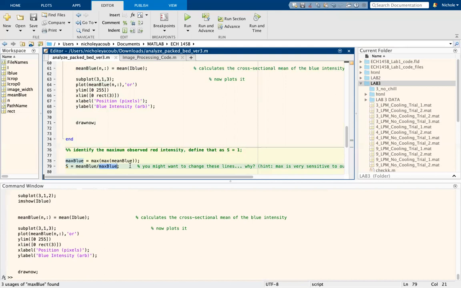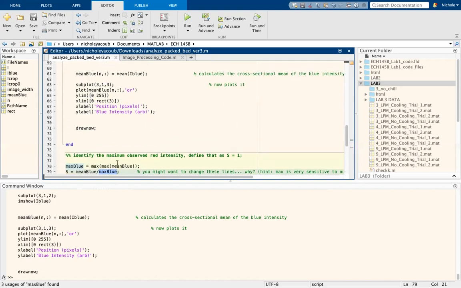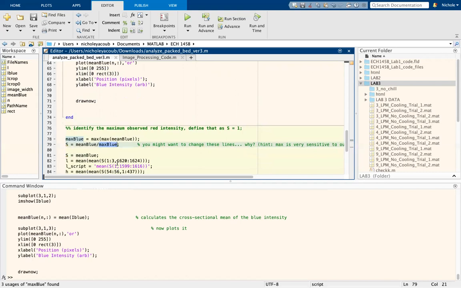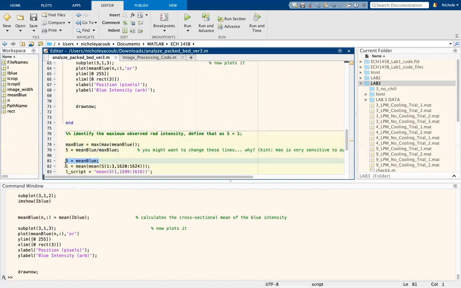Unfortunately, as we saw in those images before, this doesn't actually work very well because there are outliers in the saturation intensities. And so you can actually get a maximum that's halfway down the column because of some discrepancies in light intensity or discrepancies in packing. And so you want to make sure that that does not happen to you and that you actually get a true saturation scheme. So what you can do is redefine your saturation as the mean blues again,